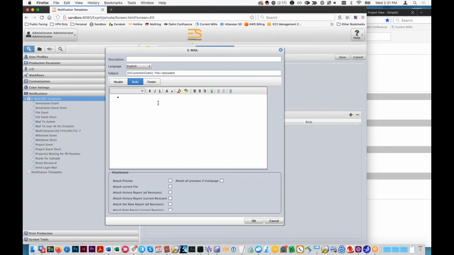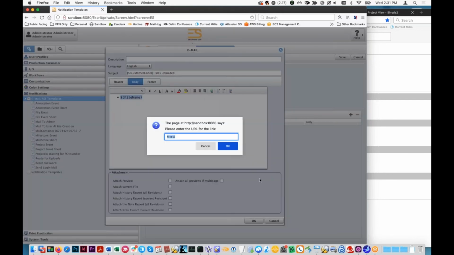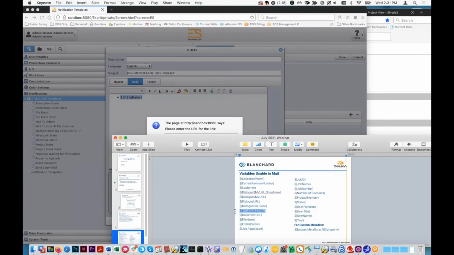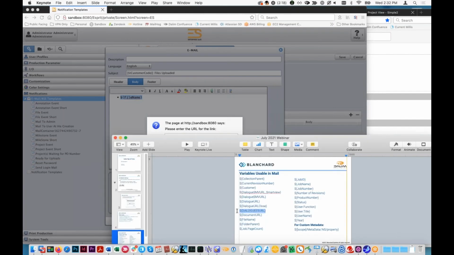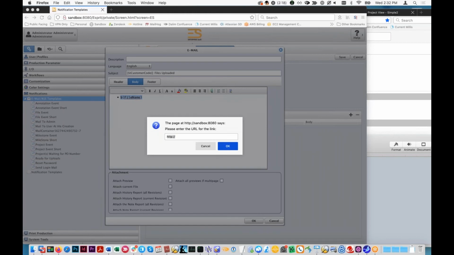And we'll put file name. We can make that a link. I think dialog ES URL is the one we want for, let's try dialog URL first. I'll try this one first. I think this is one I've seen used around in the default templates. I haven't seen it documented, but